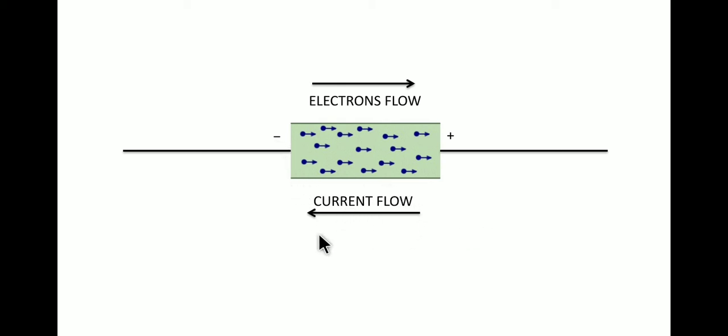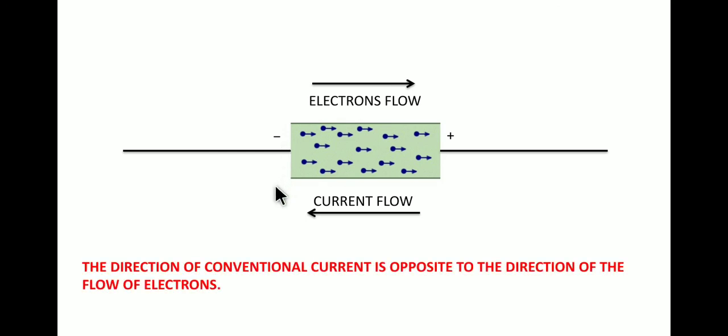It's only an assumption. Actually, the charge carriers are the electrons, and electrons themselves are responsible for the flow of current. But conventionally we understand that if the electrons flow in a particular direction, then the current will be considered as flowing in the opposite direction. So whatever the direction, if this is the direction of electron flow, then we assume the current will flow in the opposite direction. So always the current will flow from the positive to the negative terminal. So, as a convention,